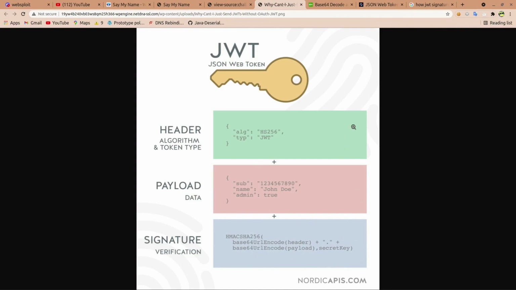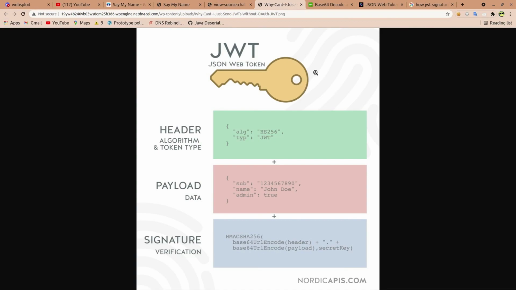So a JWT token is cryptographically signed, and how these JWT tokens work is that the server generates a token that certifies a specific user's identity and sends it to the client, and the client will send this token back to the server for every subsequent request, and the server validates this token using the secret, so that the server knows the request comes from a particular identity.